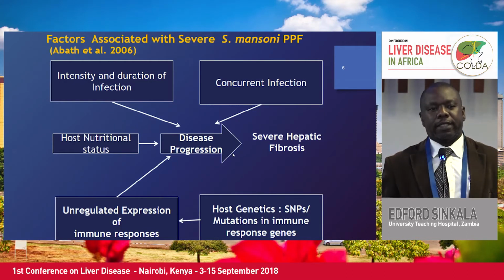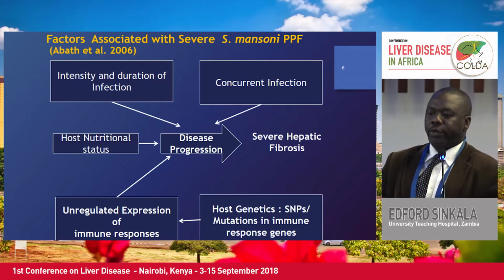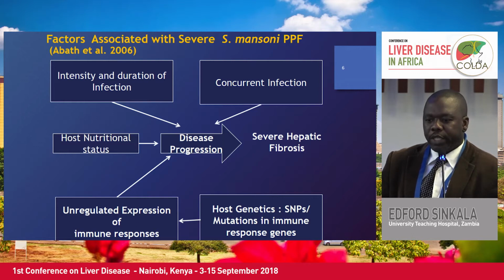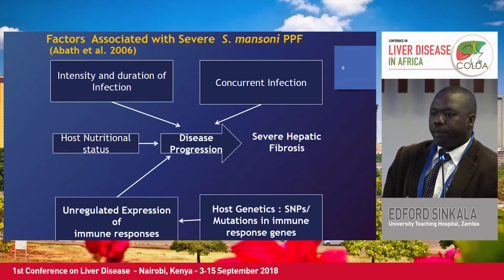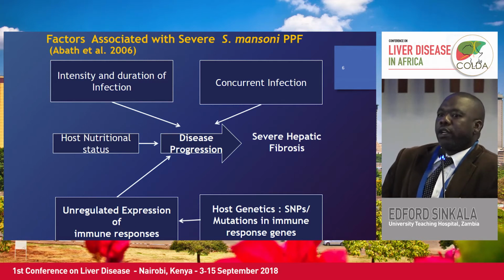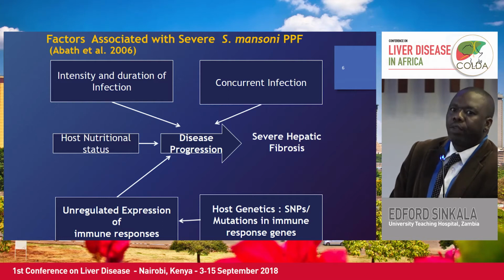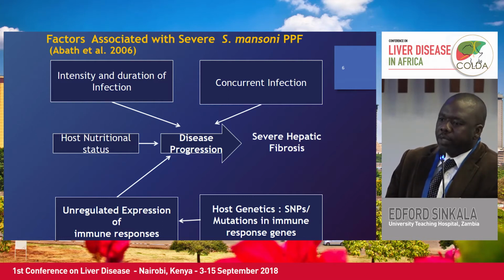Right, so what are the factors that are associated with severe periportal fibrosis in patients affected with Schistosoma mansoni? There are quite a number. One of them is intensity and duration of infection. Patients that keep getting repeated infection, and have a high burden of egg deposition, end up having a severe form of periportal fibrosis. The other thing is concurrent infection. Concurrent infection here means if patients are co-infected, for example, with Hep B, Hep C, they tend to get